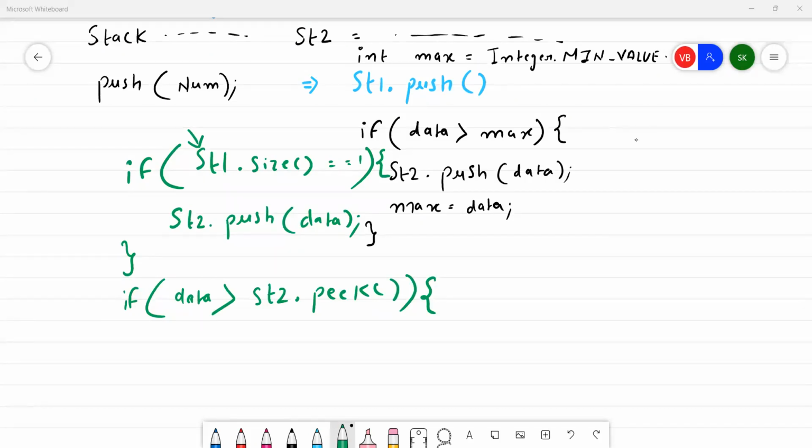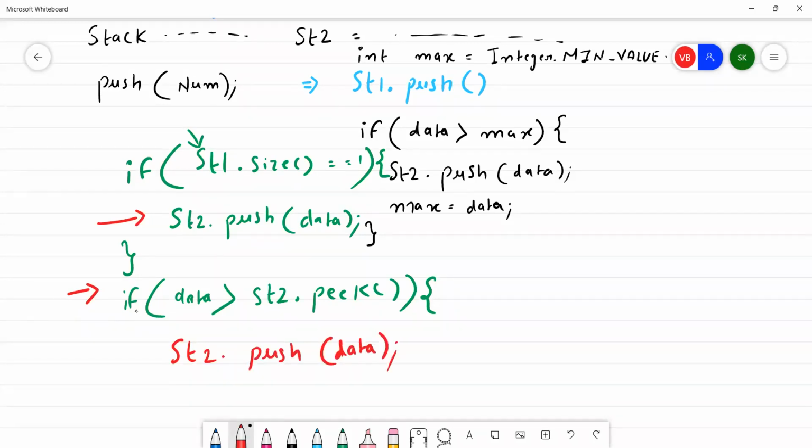Please explain the last if. Are you talking about the greater one? See, one data got inserted into your second stack for the maximum value. But now, if the coming value is bigger, you need to check. If it is a bigger value, you need to insert it into your second stack. So here we are checking data is greater than s2.peek. If it is greater, then we have to do s2.push with data here. Otherwise, if this condition is not true, then what do we need to do? Else